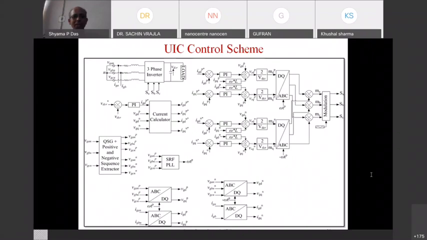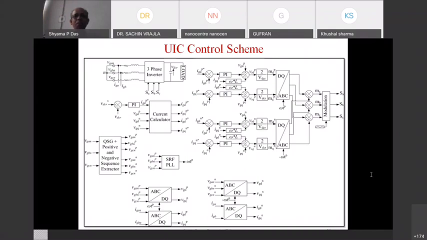So we apply the synchronous transformation for the positive sequence component. We apply the synchronous transformation for the negative sequence component. So we get the actual grid currents, and then by using the previous equation, we get the reference grid currents. Reference grid currents are IGDP star, IGQP star, IGDN star, and IGQN star. The star currents are the reference currents, and the currents which you obtain after transformation are the actual currents.